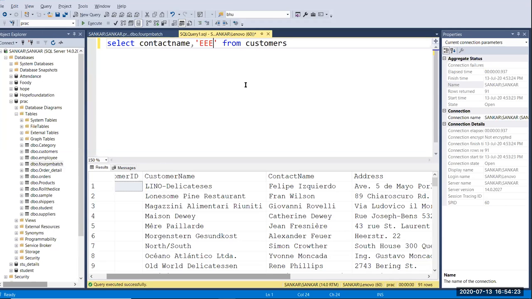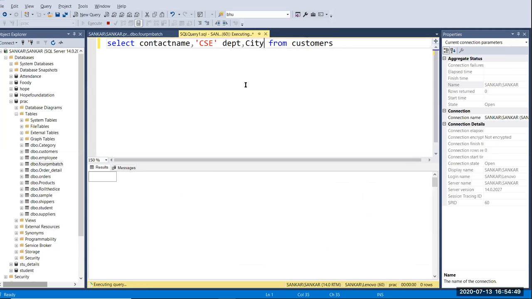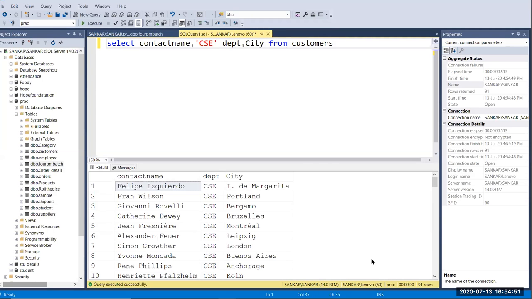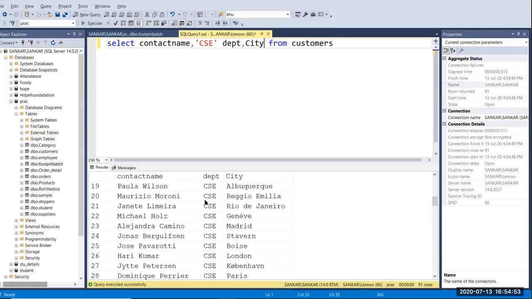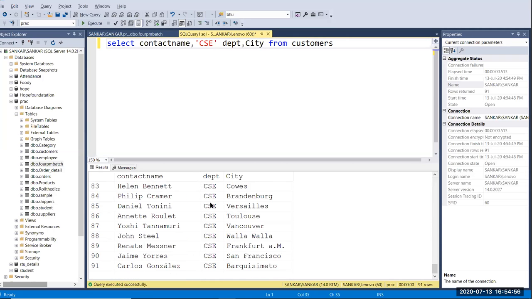Here I'm going to give CSE, and give a space. Then you have to give a name for that. CSE is a value, right? So you have to give a name. Here I'm going to give department, right? Then we have city here. I'm going to run this. So now you can see here we have 93 values with department of CSE, right?